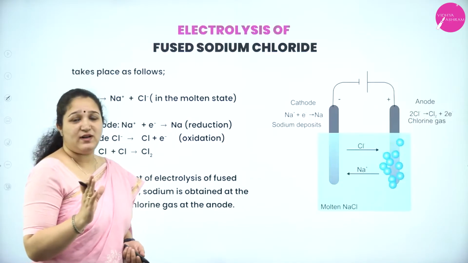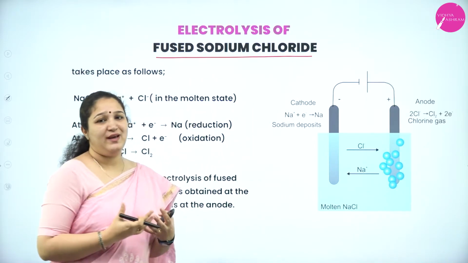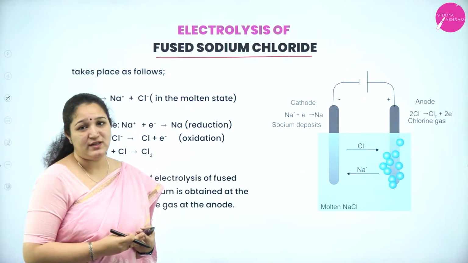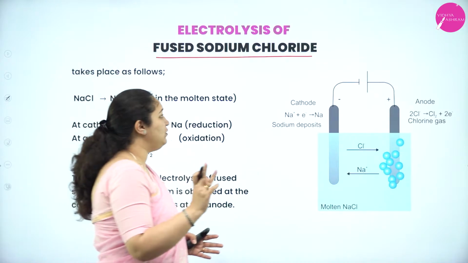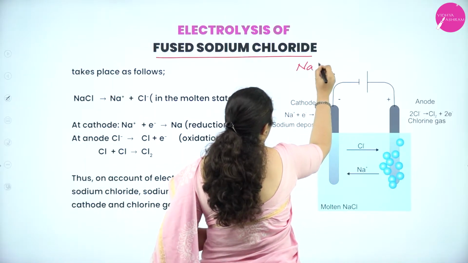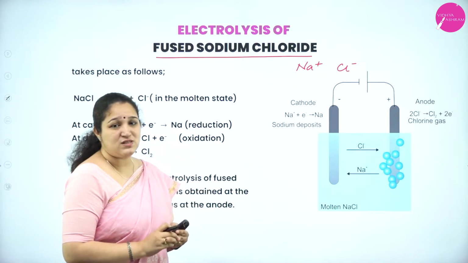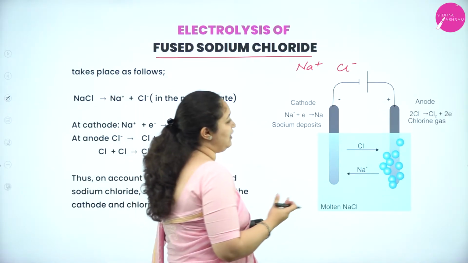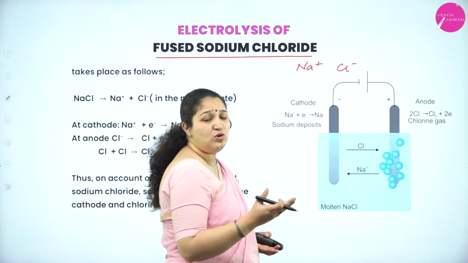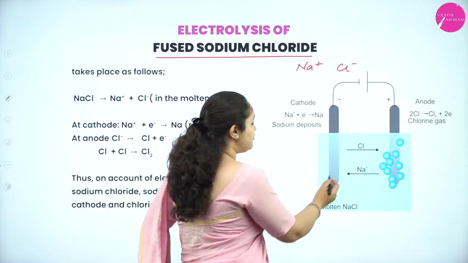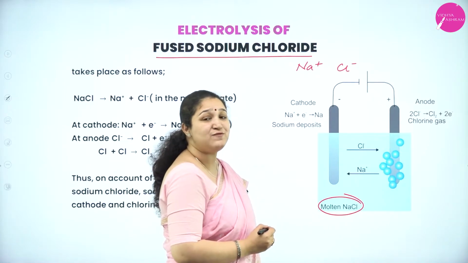Okay, the first one is electrolysis of fused sodium chloride. That is, you take sodium chloride which is melted. We call it as fused sodium chloride. You have not added any water at all. You have only two types of ions, that is Na plus ion and Cl minus ion. So sodium ion is a cation, goes towards the cathode, and the chloride ion is anion, goes towards the anode. So we have sodium ion coming towards cathode from molten NaCl, which is also called as fused NaCl.